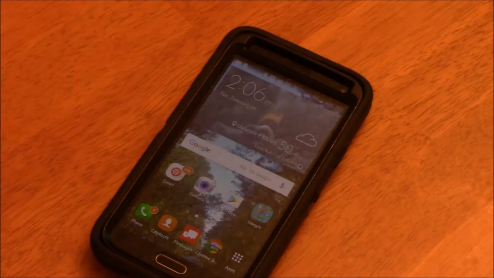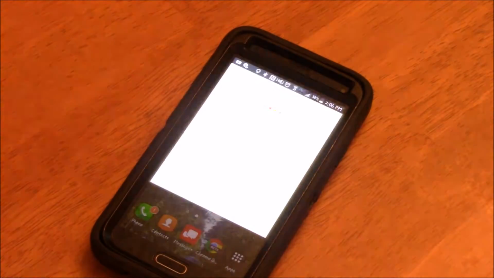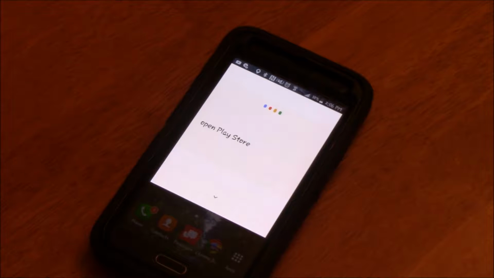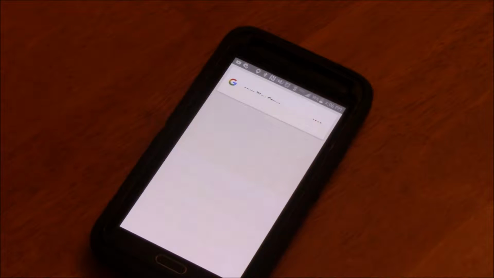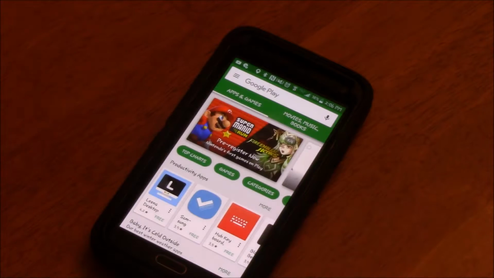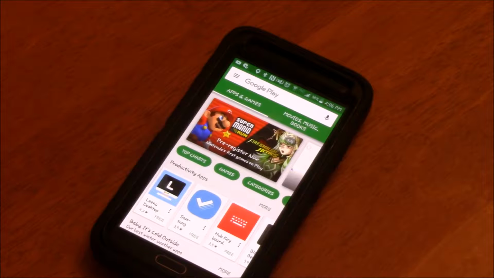Okay, Google, open Play Store. Okay, Google, open Cortana.